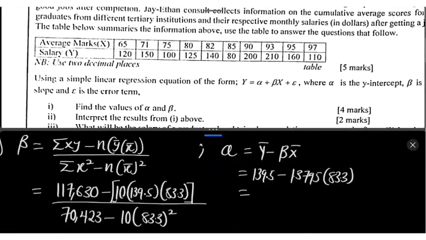So here it is a matter of your calculator. So 13.95 minus 1.3795 multiplying 83.3 should be able to fetch you alpha to be equal to